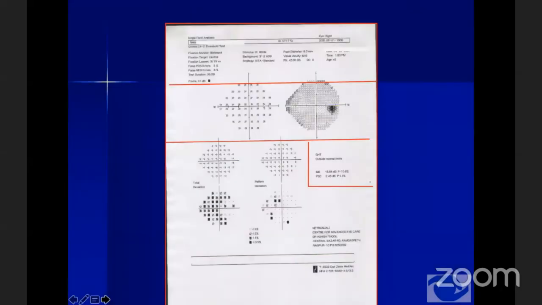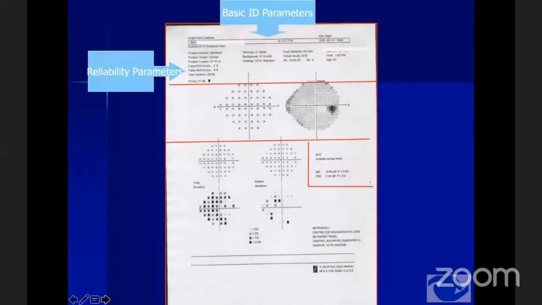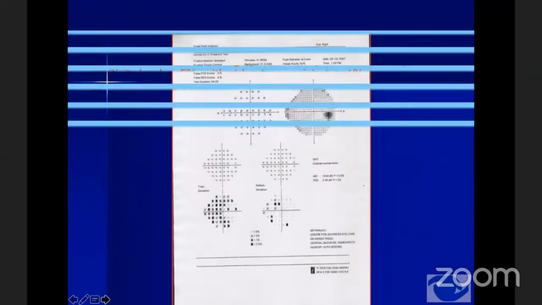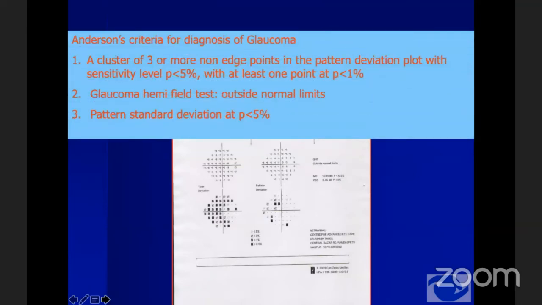So what we should do is try and divide the perimetry printout into these 8 zones and do a systematic evaluation so that we don't miss any data and we do not misdiagnose. We look at Anderson's criteria for diagnosing glaucoma, looking at the pattern deviation plot, the GHT and the global indices,